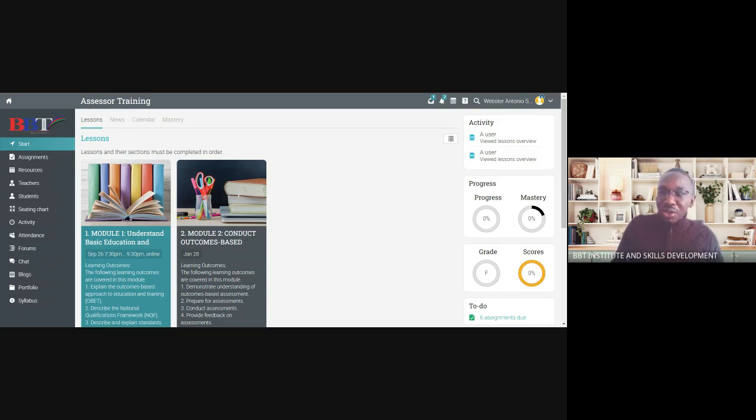The cost, if it's not RPL, is 35,000 Rand. But for the RPL process, we have lowered it to 5,000 Rand, and it's paid in monthly installments. In other words, you pay a deposit and then you pay monthly installments until you complete the fee. So it's 5,000 Rand to do the RPL course. It's a full course that you're going to be able to absorb. Part of the RPL is that it includes some of the modules that you might be opting to complete, like moderation that you have not done. So you might be able to get that incorporated into your RPL program. Okay.